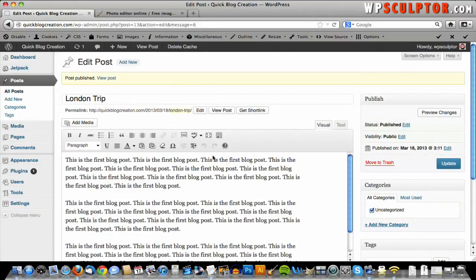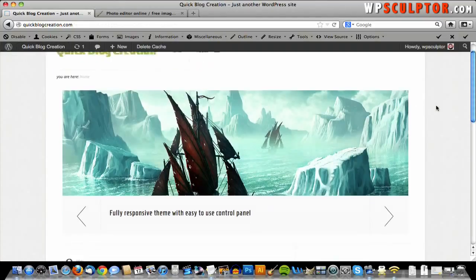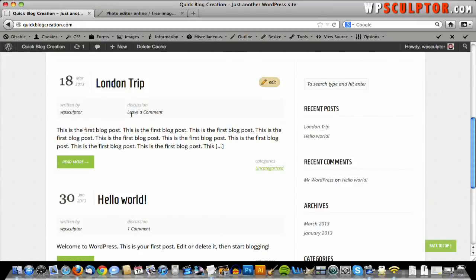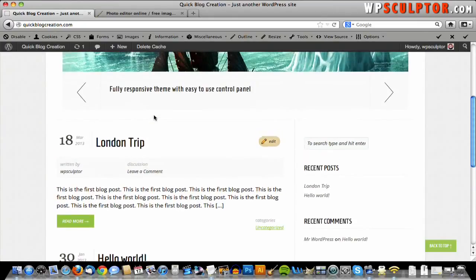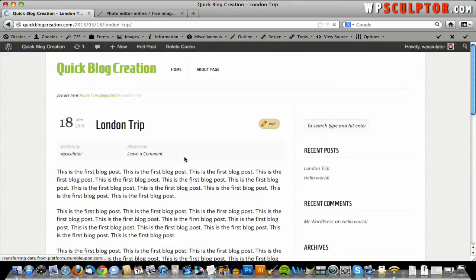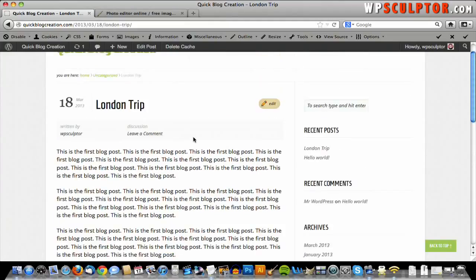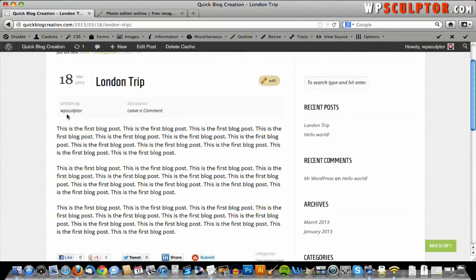Of course, we're going to make some changes to that, but I want to show you what happens when you publish a new post. We're going to click this icon to go to the home page of our website, which is our blog page. And as you can see, the blog post that we just created, the London Trip post, is showing here at the top. And that's because every time you create a new blog post, it's going to show an excerpt from that blog post on your blog page. And if you click here, it'll take you to that actual blog page, or that actual blog post rather. It's a little tricky with the pages and posts, but it's really not that difficult once you get the hang of it. So we're going to go back